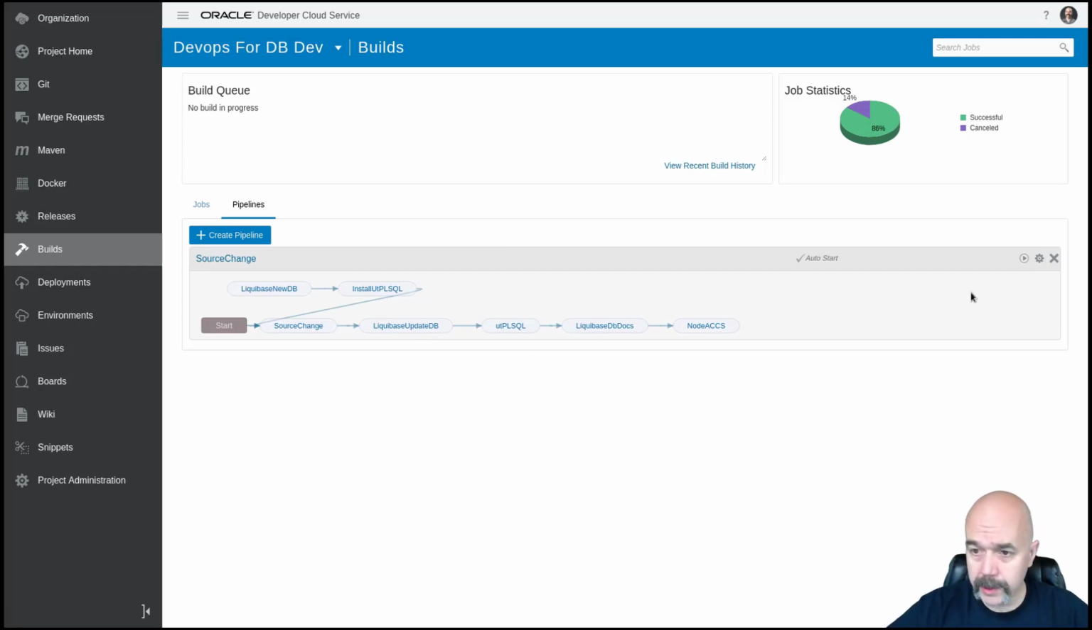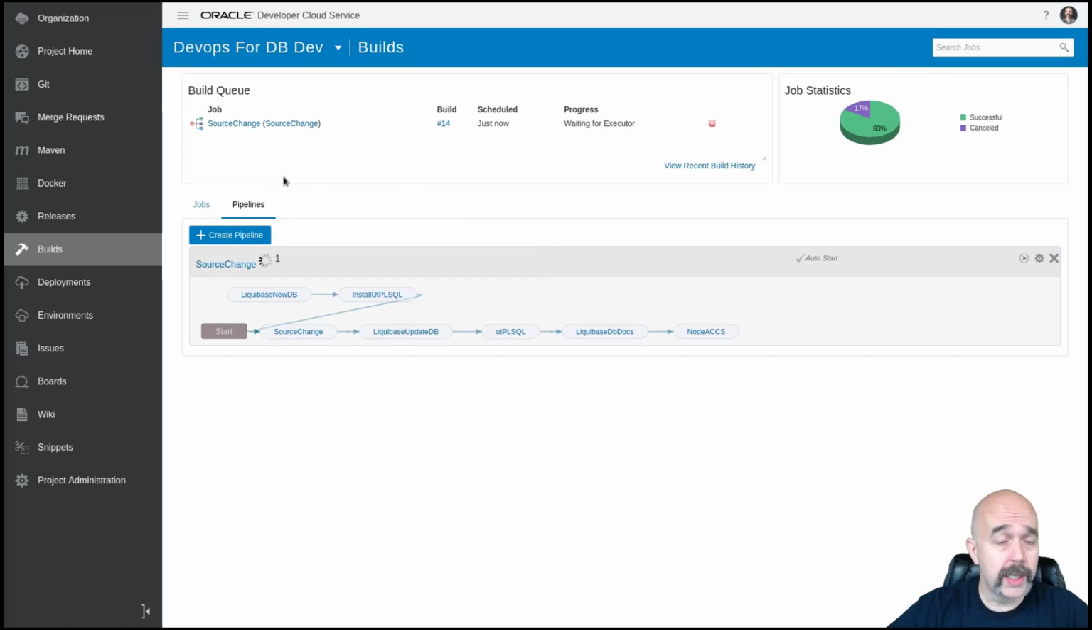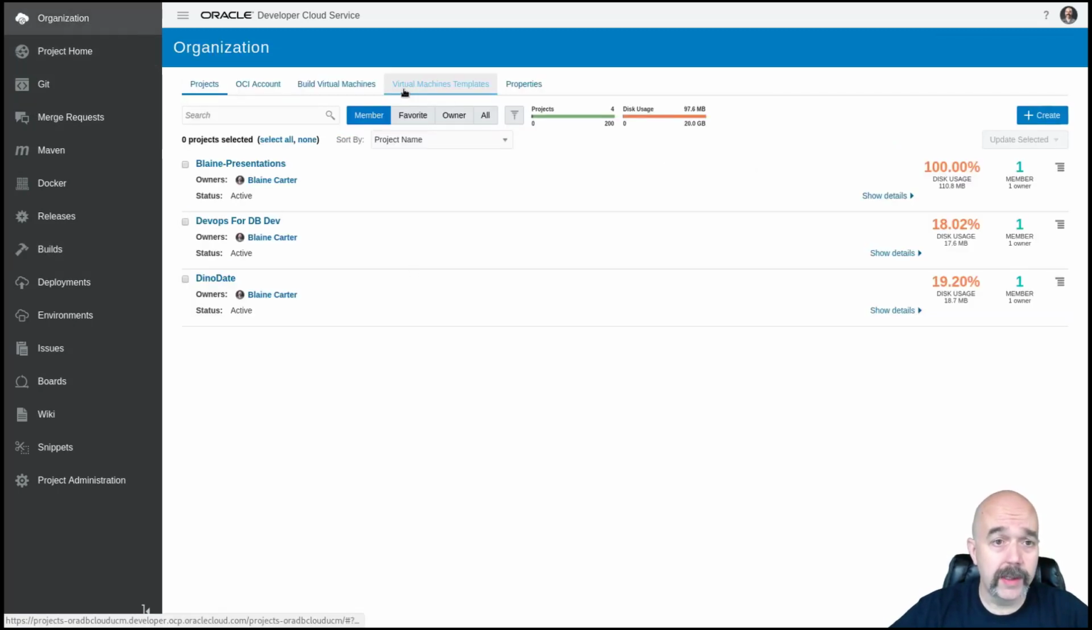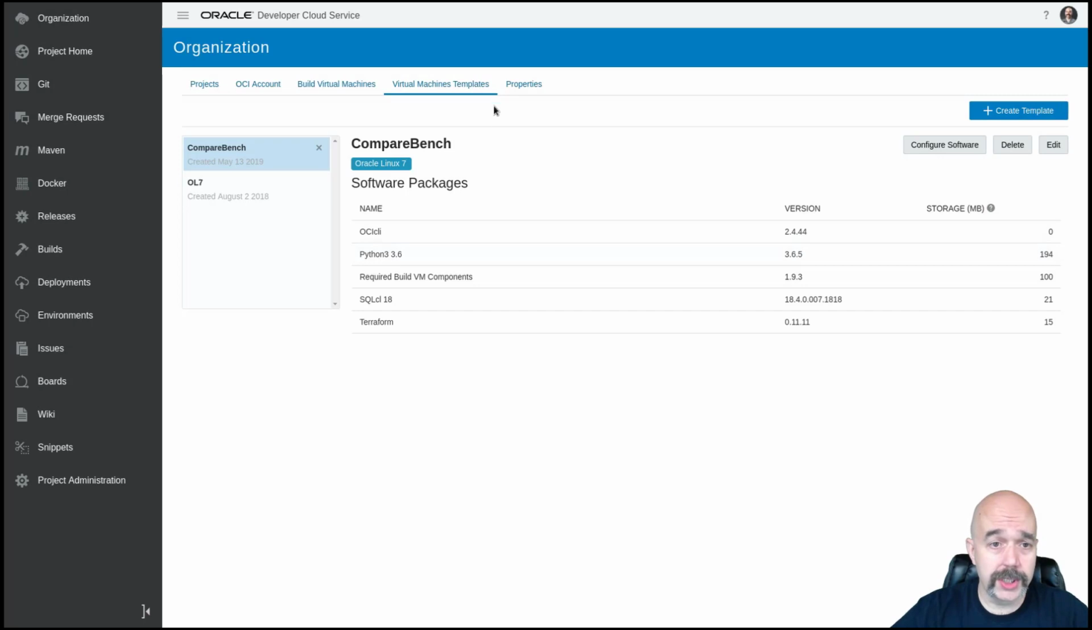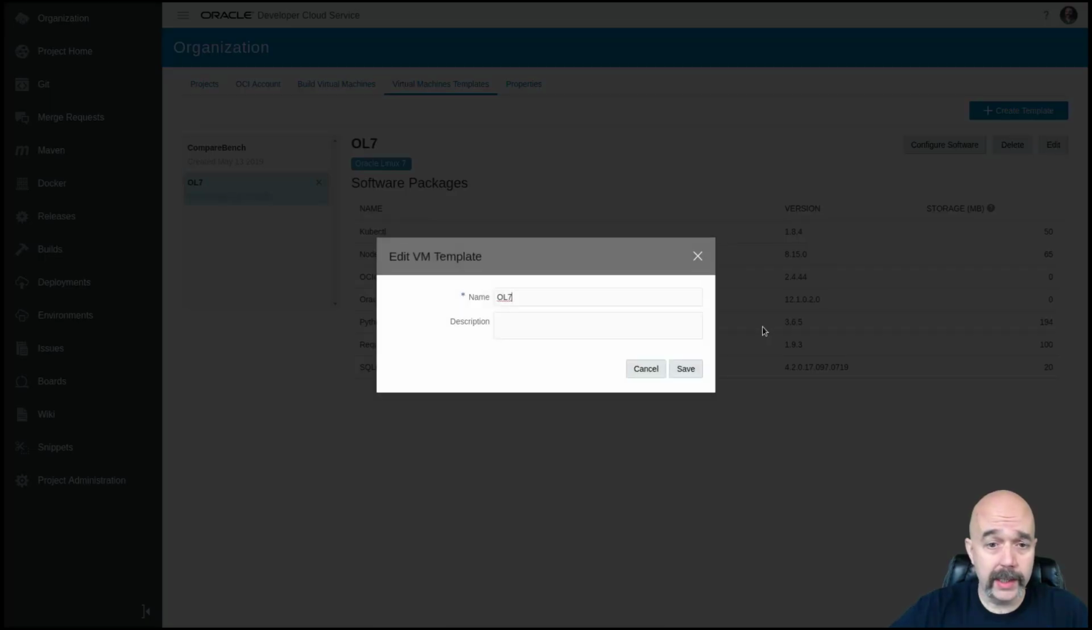Alright, so I'm going to kick off this pipeline and see if I can explain stuff before it gets done. So I probably should have started that up before. Let me explain what the executor is. Back in the organization level, you will define these virtual machine templates. And so I've defined this one, and in here,